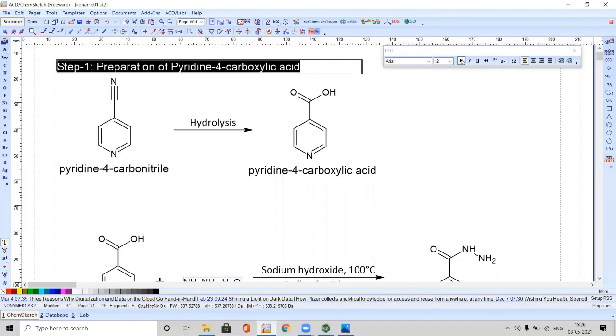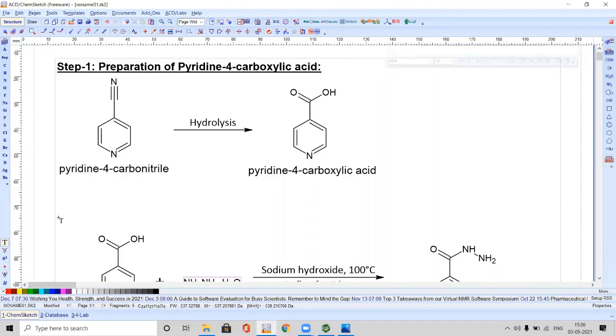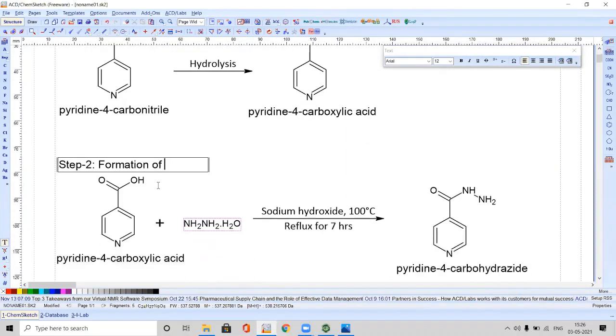If you want, make it bold. If you want underline, you can make it underline also. So that is step 1. Now let's come to writing step 2: formation of pyridine 4 carbohydrazide.